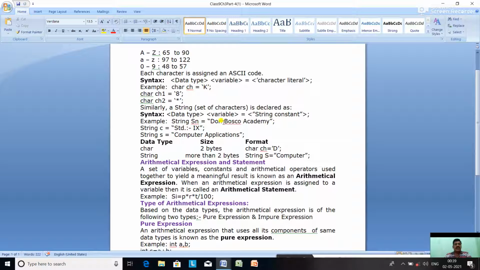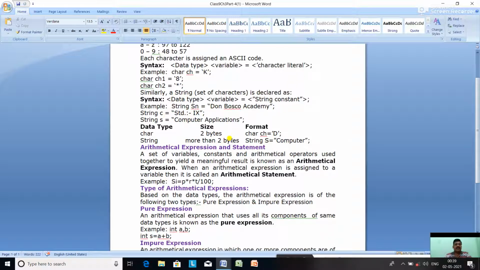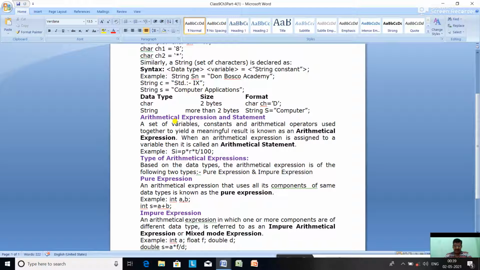See this Don Bosco Academy, it is within double quotes. String c = "class standard 9". String s = "computer applications". Always remember, the character literal is always enclosed within single quotes and the string literal within double quotes.